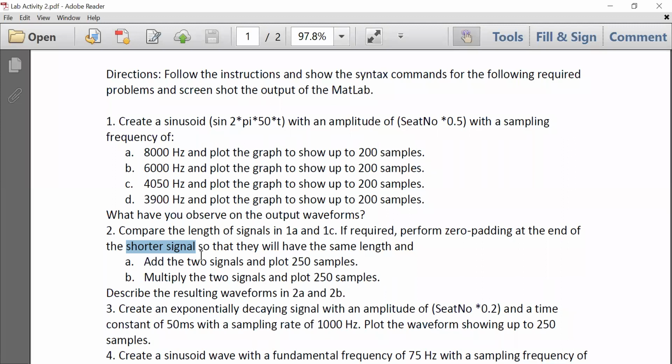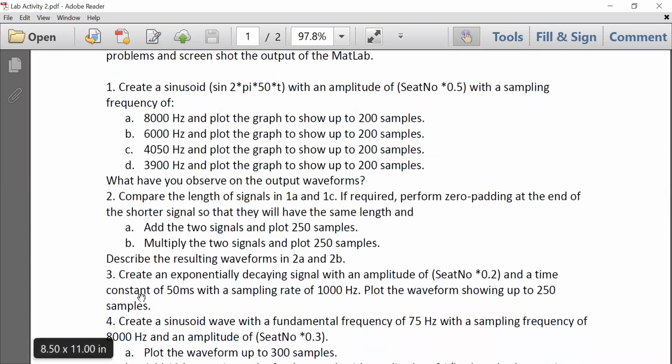Nakuha ba? So always remember when adding two signals, ganun lang yon sinabi ko. Declare one as one variable. For example, y1, declare the other one as y2. And then declare another variable, let's say y3, which is equal to y1 plus y2. Ganun lang. Naintindihan na ni MATLAB yun, ano? MATLAB understands that you're trying to add those two signals. Nakuha? Okay? Just remember, lalagyan mo lang ng padding. Okay? Tapos,